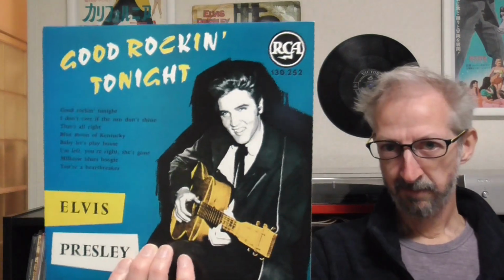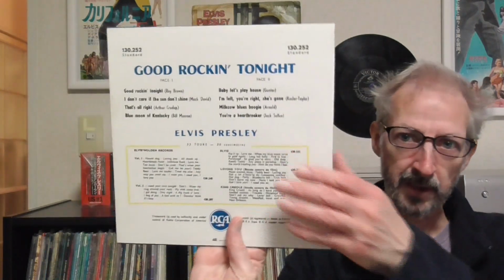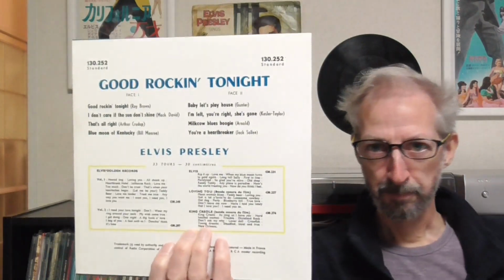So a few videos back, I talked about the Sun Records compilation LPs, and I briefly showed this French 10-inch LP released in 1982. And if you're from the States, a 10-inch Elvis LP probably seems a bit quaint because there were none released in America during his lifetime. So by 1956, the 10-inch LP had pretty much died a death in America,